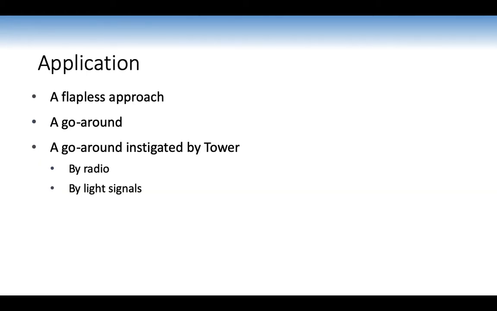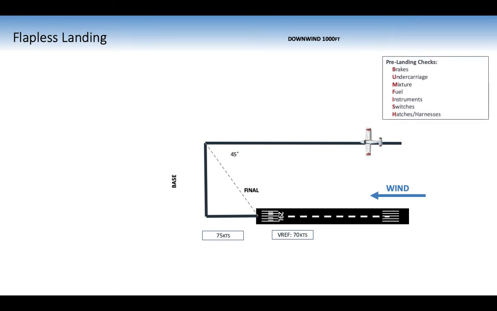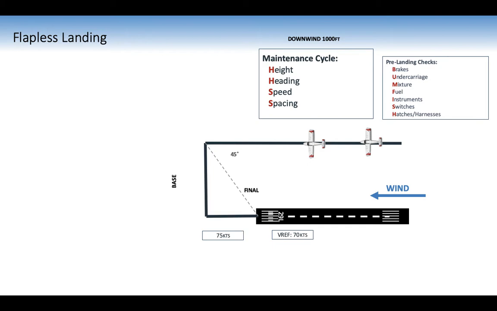So in terms of the application, we'll have a look at a flapless approach and a go-around instigated by tower using radio and light signals. So for the flapless landing, it's the exact same circuit up until the last section. You're doing your pre-landing checks: BUMFISH, brakes, undercarriage, mixture, fuel, instruments, switches, hatches and harnesses. Then you're doing your maintenance cycle: height, heading, speed, spacing. Height 1,000 feet, heading, if your 2.9 is in use,